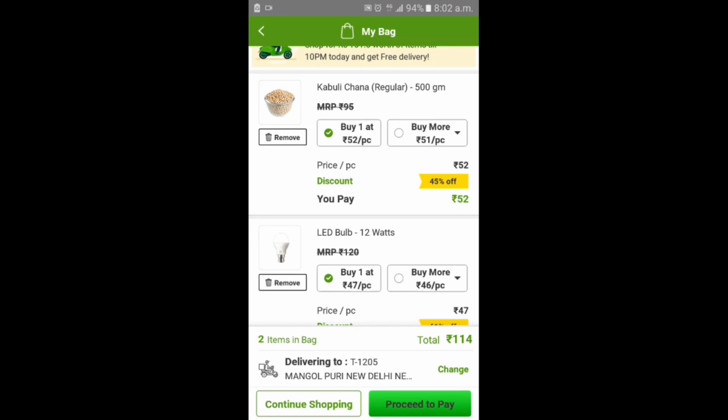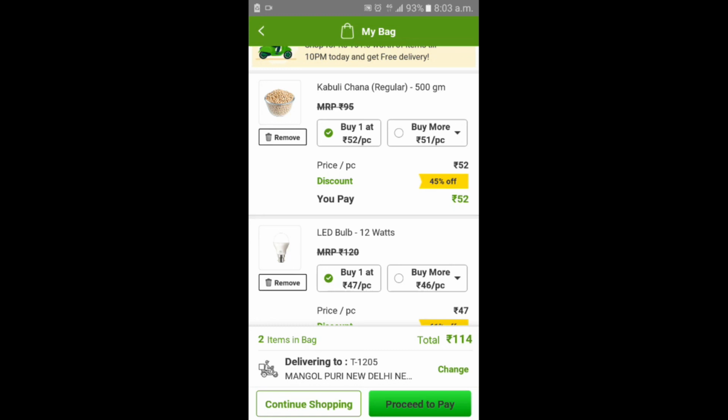From below, the button you can go proceed to pay or continue shopping, because on your first order or whatever order, you have to complete the minimum cost order, so that you can bill your order.